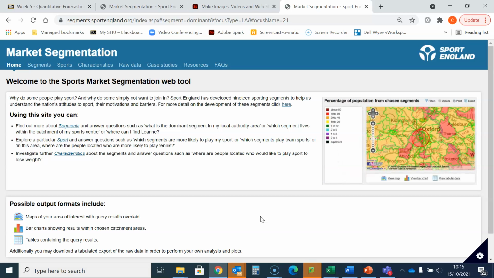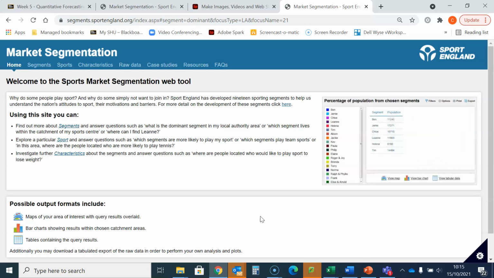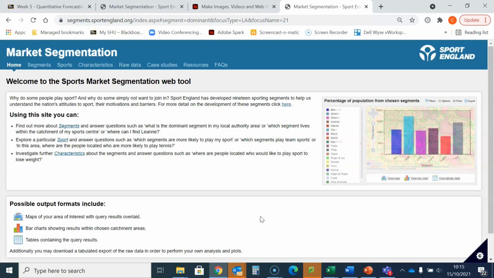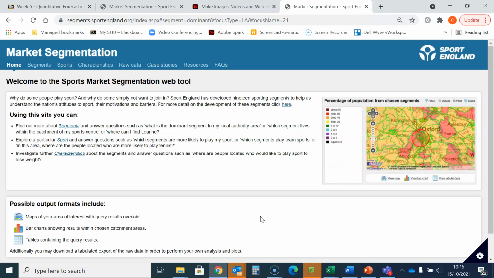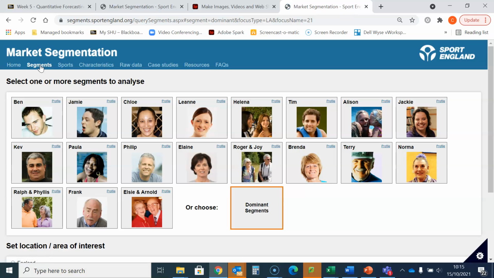Last week, we looked at the census age breakdowns and population forecasts, and we used that to help us determine demand. What we're going to look at today is how you can use a segmentation profile, and how you can use that combined with some other market segmentation data on sport participation to generate estimates of demand in a local area. So the first thing that I want you to do is to click on the segments tab,